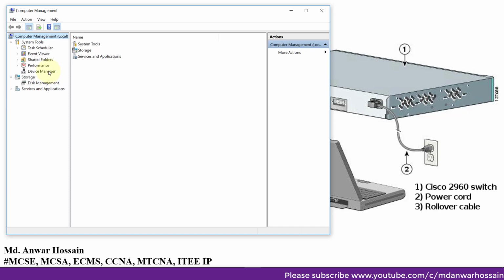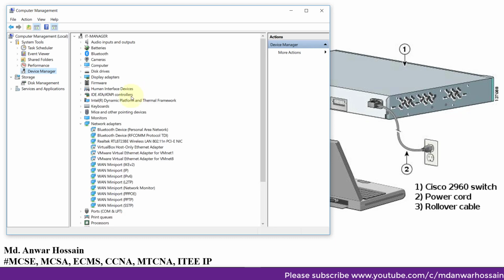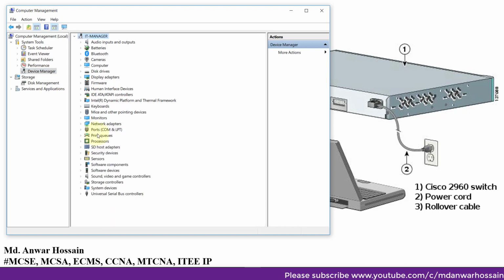So let's go to the device manager. Under Ports you can see my console port number is COM5. Remember that, okay?